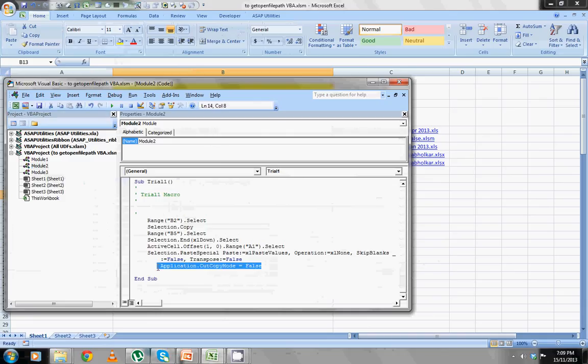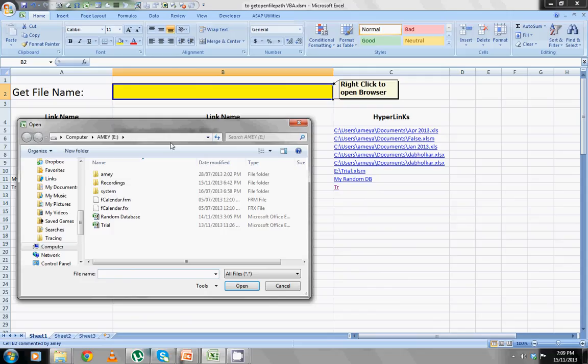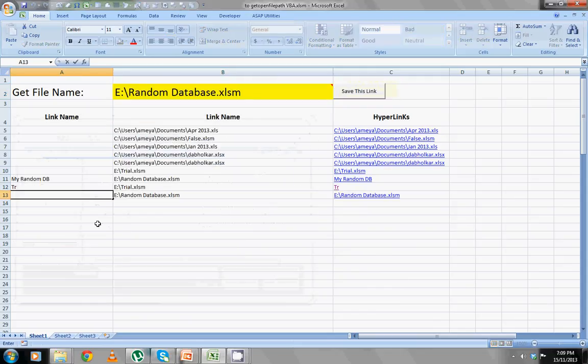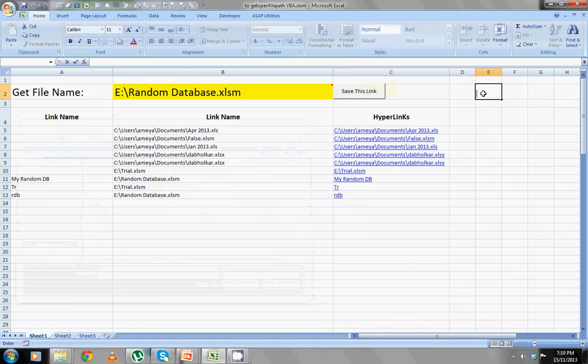Just right click, it opens a browser, random database, save this link, it saves, and when you write here the name like RDB, see how it changed. It is a type of nested if statement.